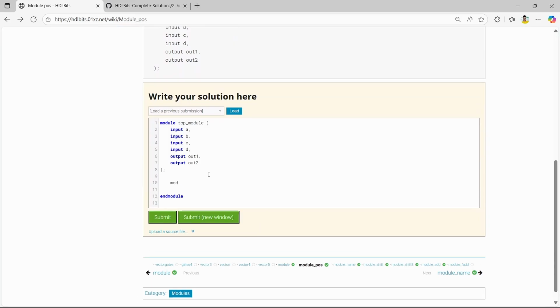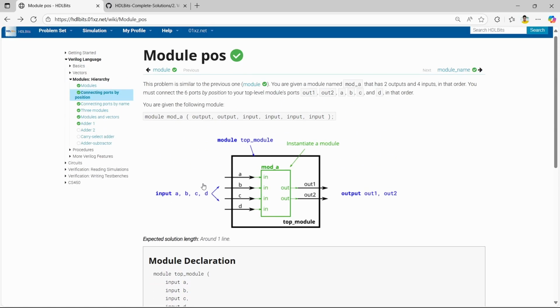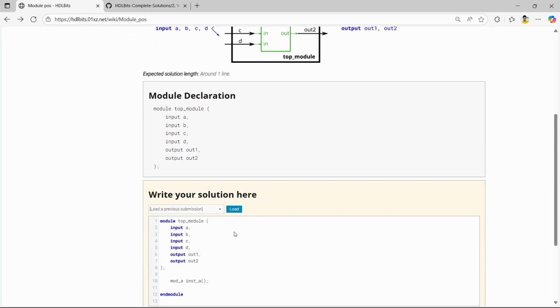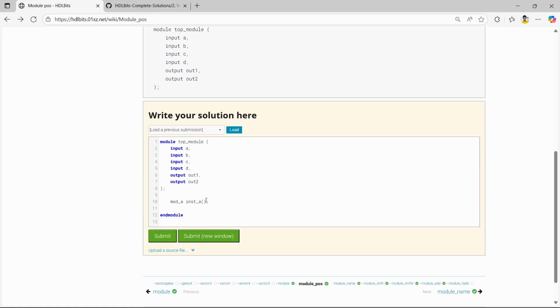First the name of the module which we are instantiating, mod_a. Then the name of the instance, inst_a. Then parentheses. In parentheses, if we are connecting by position, we don't mention the mod_a signals. We directly mention the signals of the top module, where we instantiate. First two are the outputs and then four inputs. The output signals are out1 and out2, so let's write first out1,